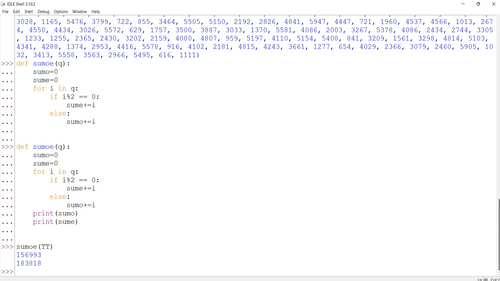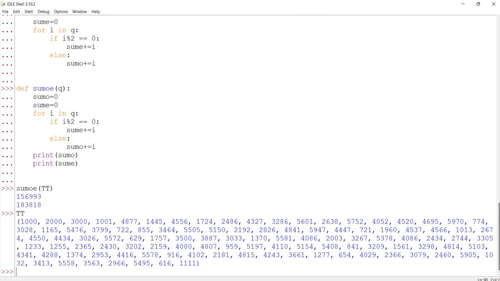The third thing that we can do is swapping of tuples. It is very easy. Suppose we have two tuples, one is this tuple and the other is maybe another tuple. So suppose I have tt as a tuple,